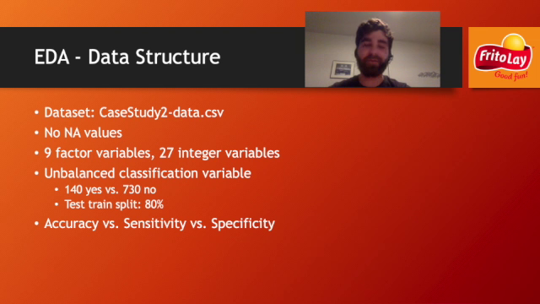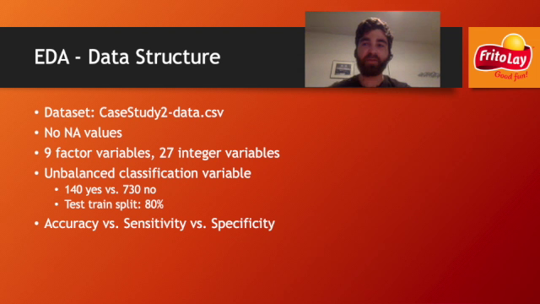of yeses in the training data set, and we have an equal amount of no's in that training data set. So really the test set is the one that's unbalanced, and our trained data set is balanced. We do use this 80% split for all of our classification models. In our regression model, we just split the data evenly.